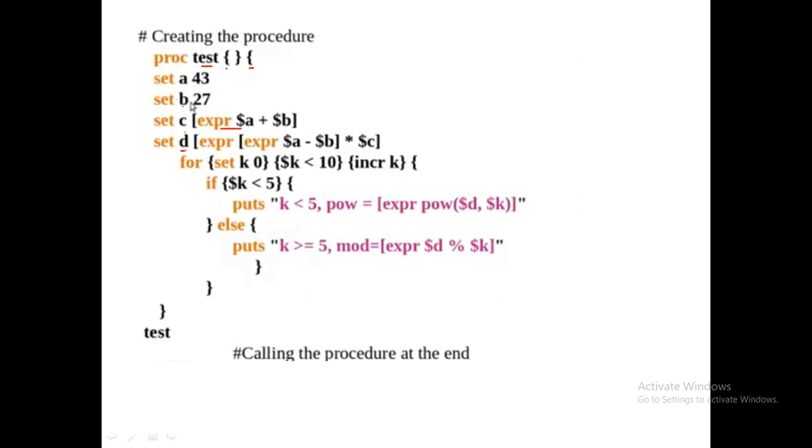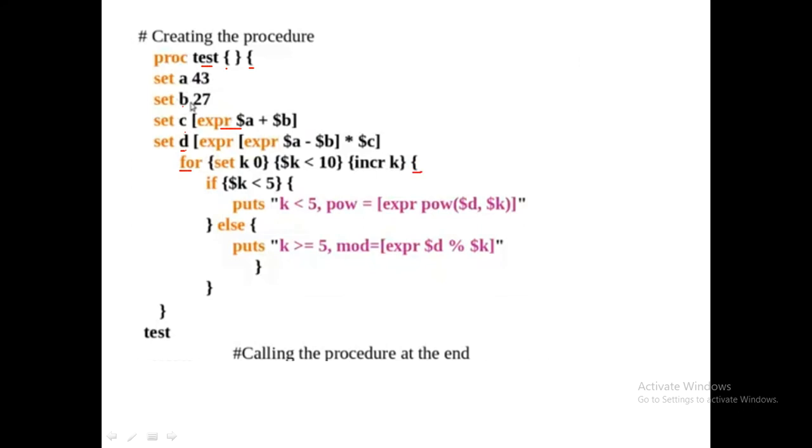You are using some for loop. Some program have written that. This is an example, right? Now you see here properly. For loop has 4 parameters. For command space, first argument you are going to set k as 0, second argument space, second argument condition $k less than 10, third argument you are going to increment k, and the fourth argument is open flower bracket.